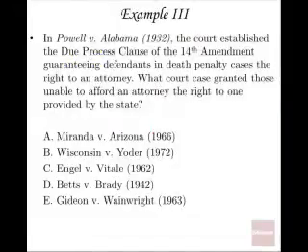Okay, example number 3 here. Let's take a look at, in Powell versus Alabama, 1932, the court established the due process clause of the 14th Amendment, guaranteeing defendants in death penalty cases the right to an attorney. What court case granted those unable to afford an attorney the right to one provided by the state? So in 1932, Powell versus Alabama, it only gave you the right to an attorney if it was a death penalty case. So it's kind of a narrow